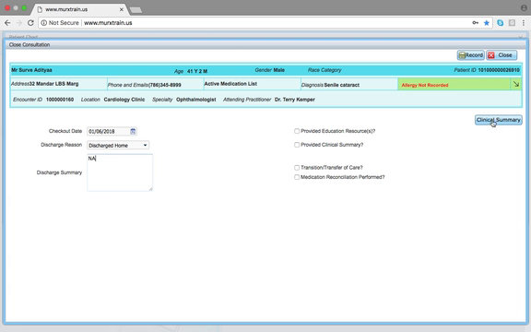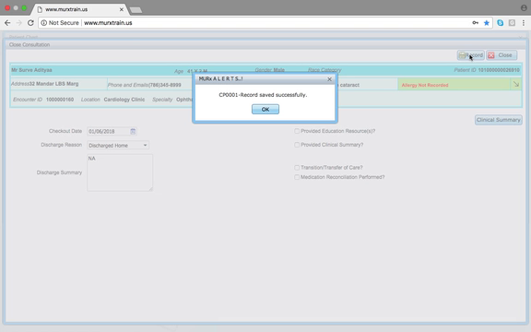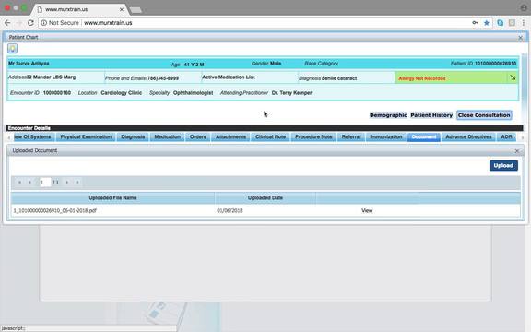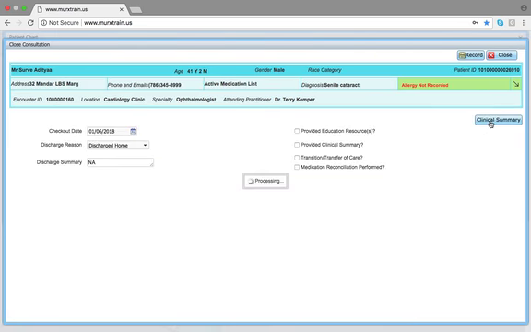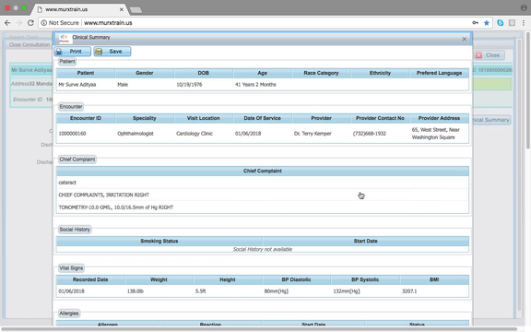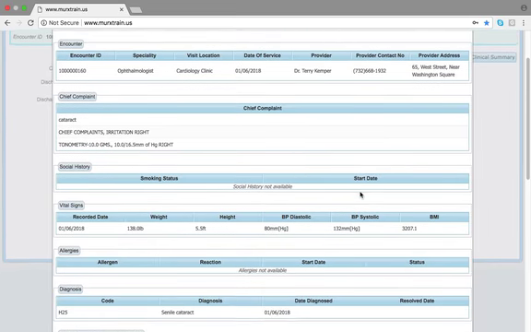To get a clinical summary, click on clinical summary, and to close the consultation, click on record to close consultation for this current visit. To get the entire clinical summary, again select close consultation, click on clinical summary. The entire clinical summary gets created in MURX with all the findings recorded or saved